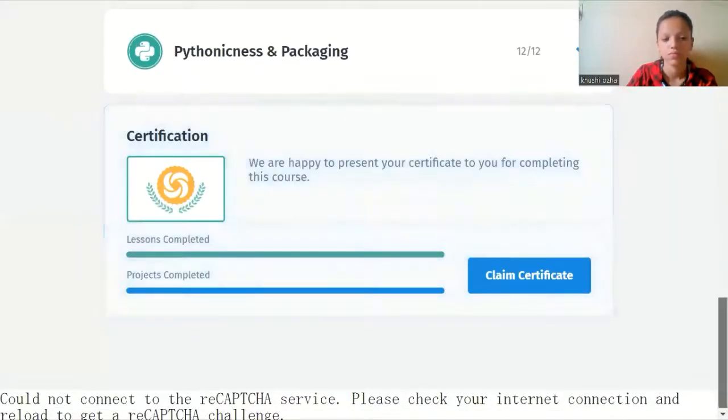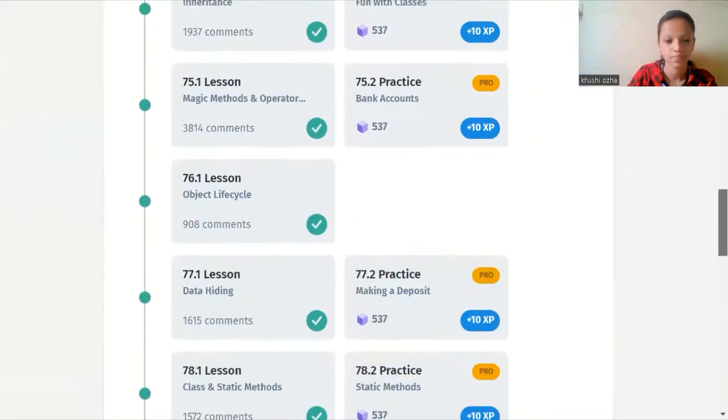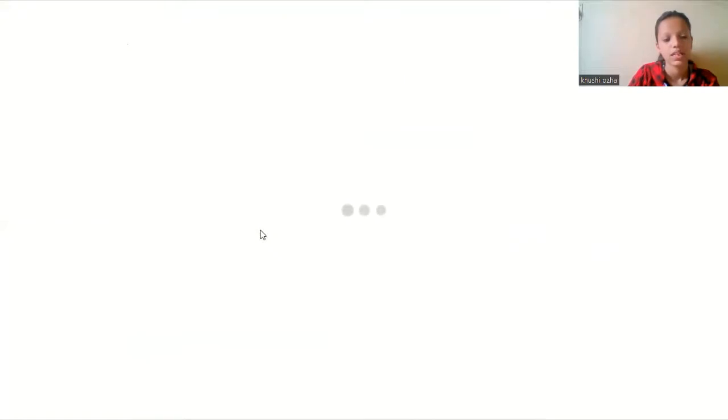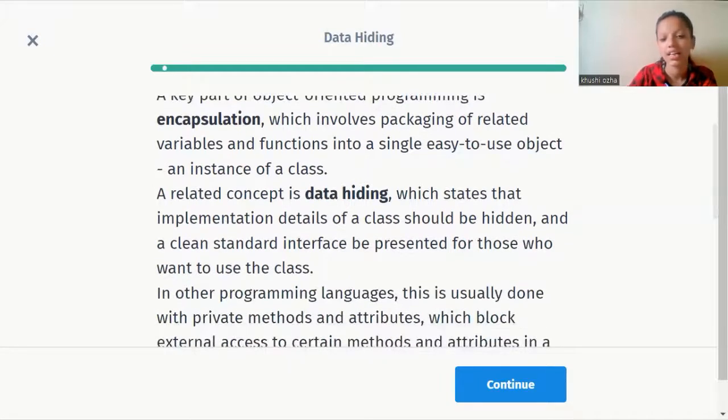The next concept we have is data hiding. The key part of object-oriented programming is encapsulation, which involves packaging of related variables and functions into a single easy-to-use object. A related concept is data hiding, which states that implementation details of a class should be hidden,